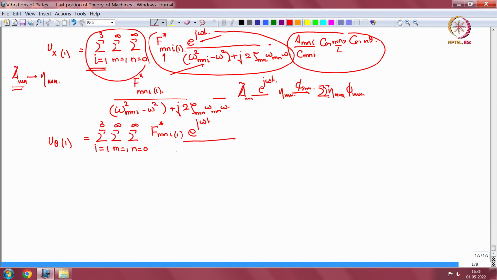So this is also the same omega m n I square minus omega square plus j 2 zeta mn omega mn omega into b m n I by c m n I sine m pi x by L sine n theta,